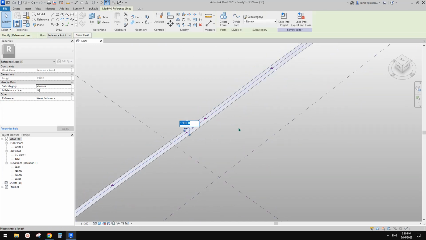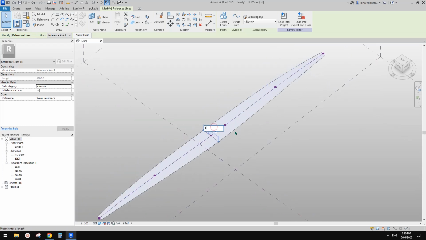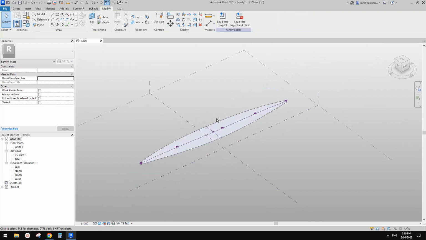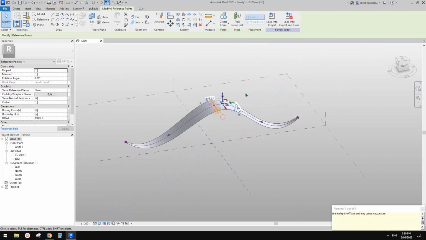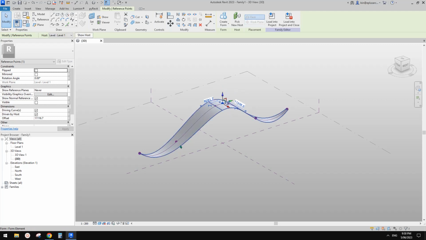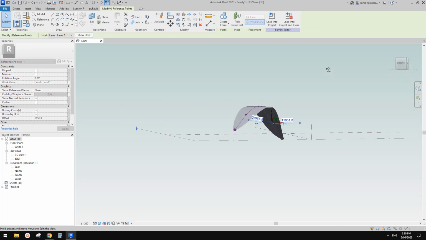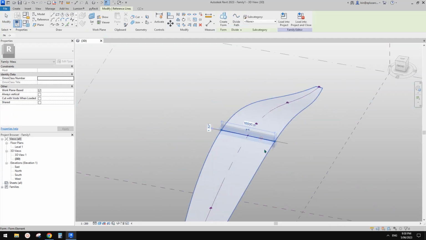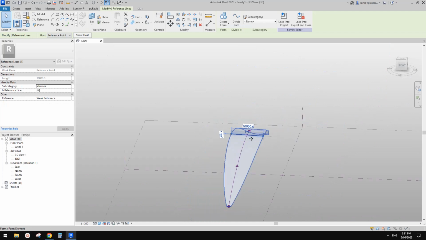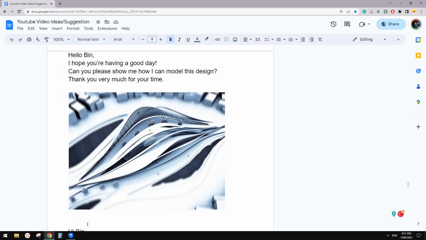So for example, I'll just change this one to maybe 5 meter, maybe 10 meter. So this will change the shape, and then for the path, you can adjust the points of this spline through points, and this will change the shape. And also you can see currently it's all flat,